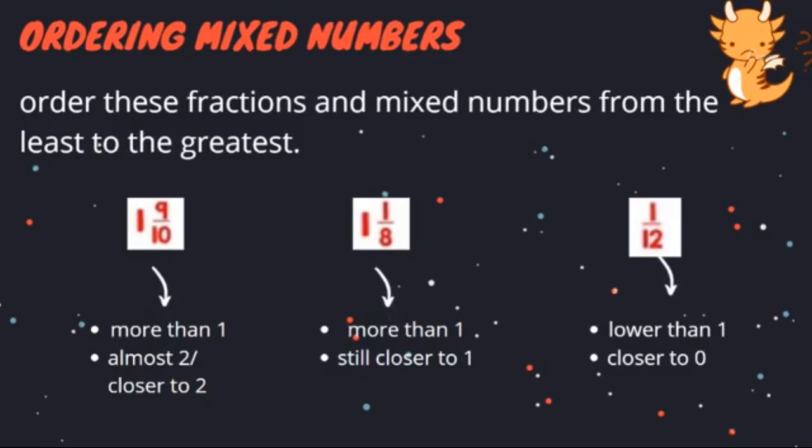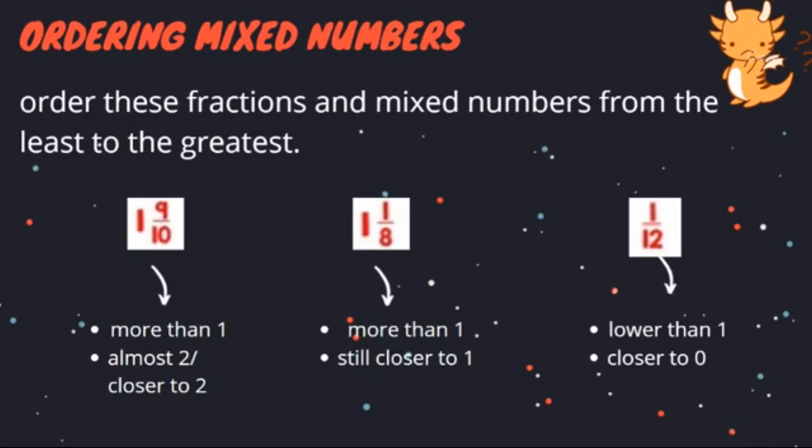Now, look at the fractions you are arranging. Use some clue to identify their positions in number line. Example, is there a fraction that is more than 1, smaller than 1, closer to 0 or equal to 0, close to 1 or equal to 1, more than 2 or closer to 2, equal to half? As you can see, we can say that 1/12 is smaller than 1 because it doesn't have a whole number yet. It is also closer to 0.